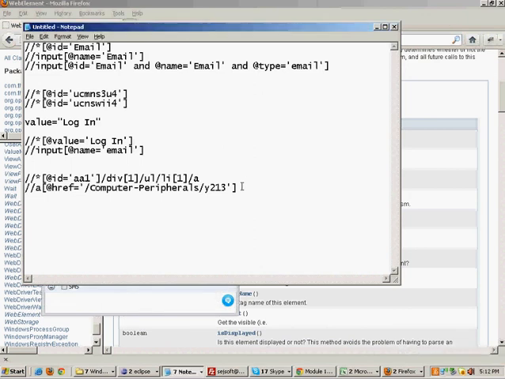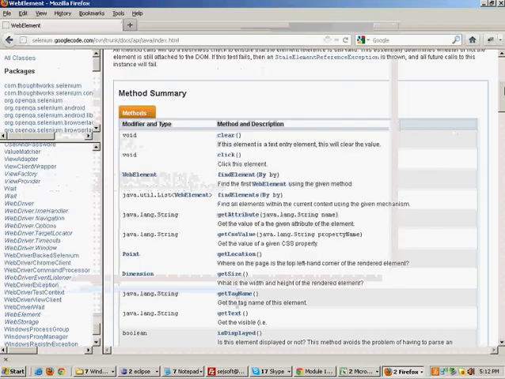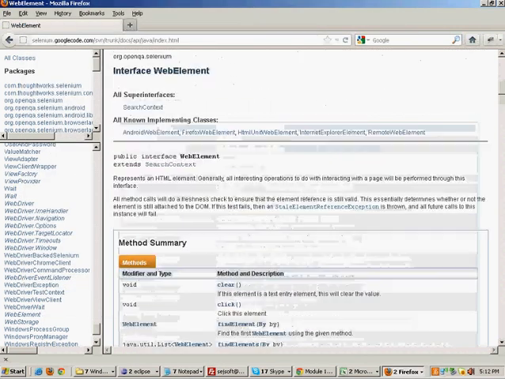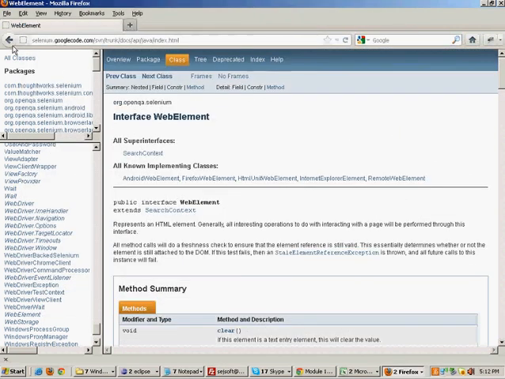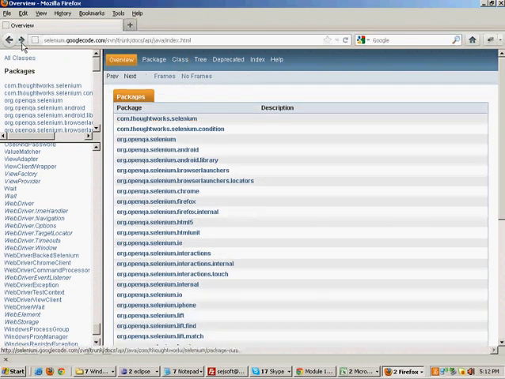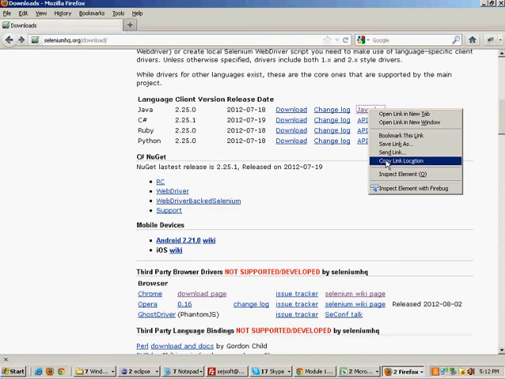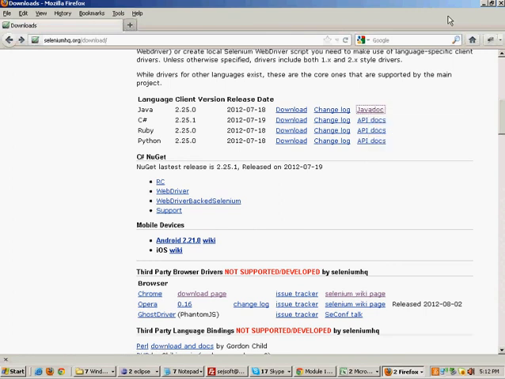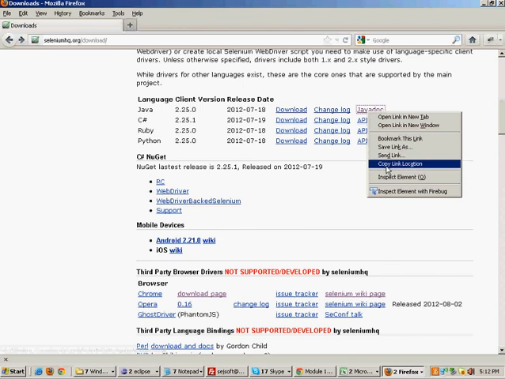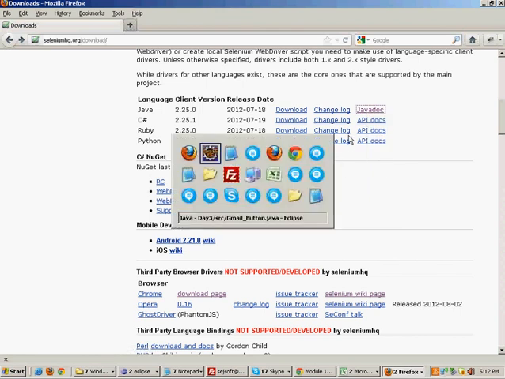Now, if you observe another thing, every time we have to go into the documentation of WebDriver. We can also import the WebDriver documentation into Eclipse. Right click on this Java doc link and select the option copy link location.